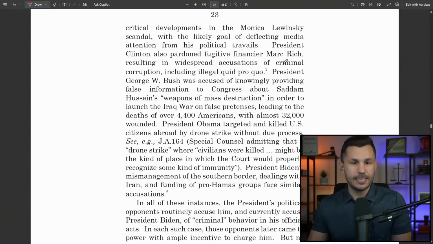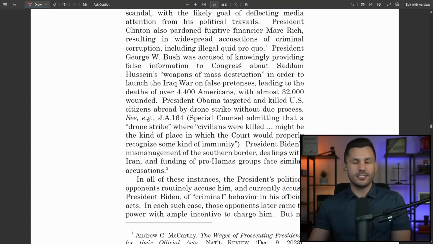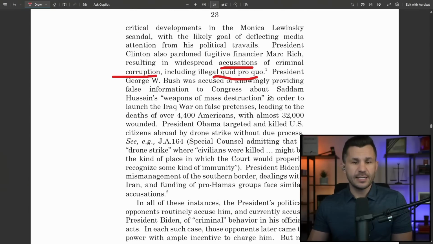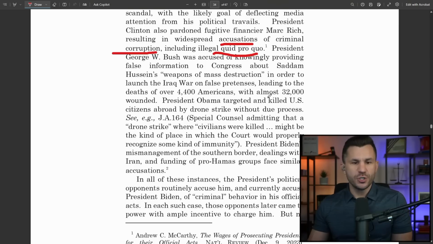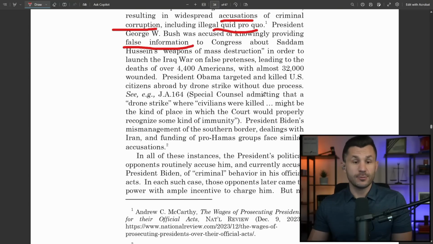No one indicted him, with the likely goal of deflecting attention. Clinton pardoned fugitive financier Mark Rich, resulting in widespread accusations of criminal corruption, including an illegal quid pro quo. No one indicted him. George Bush was accused of knowingly providing false information to Congress, lying about Saddam and his weapons of mass destruction, launched an Iraq war, 4,400 Americans dead, may they rest in peace, with almost 32,000 wounded,